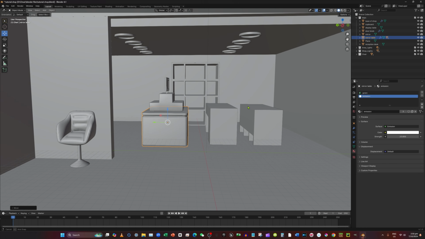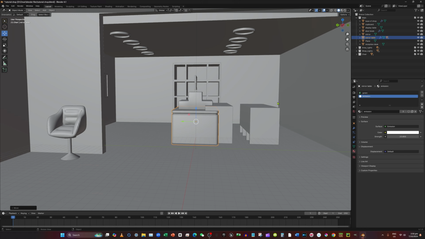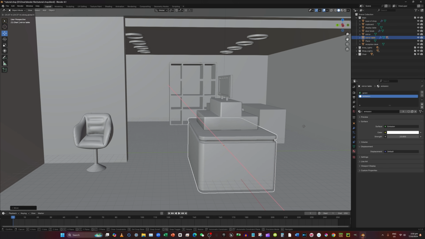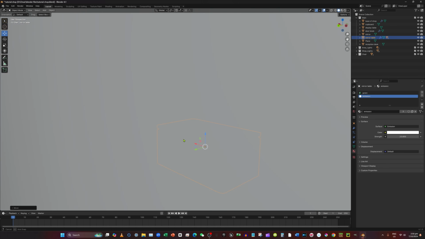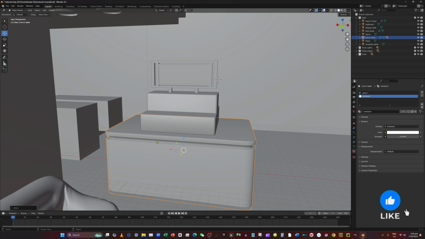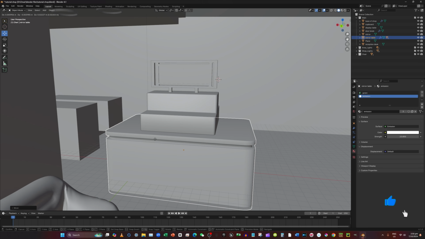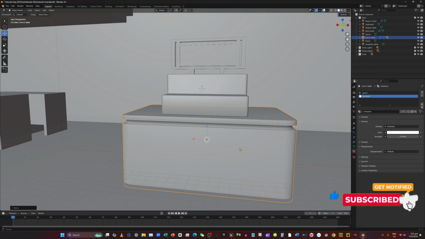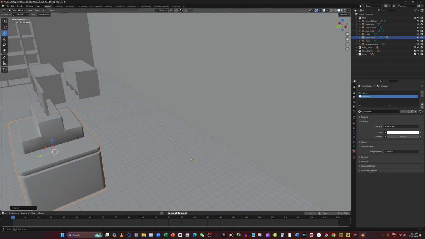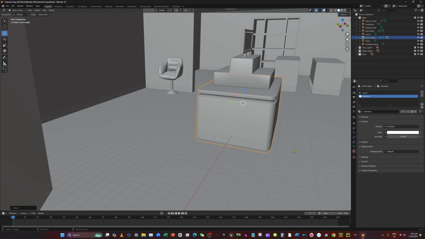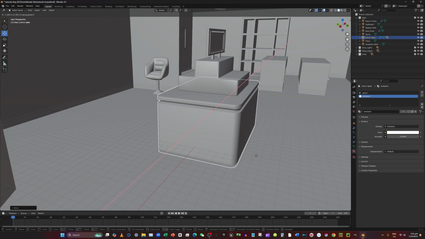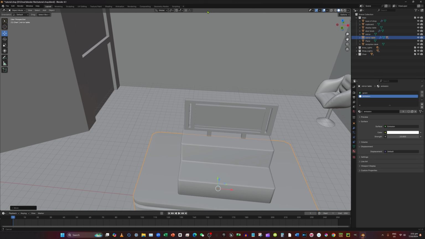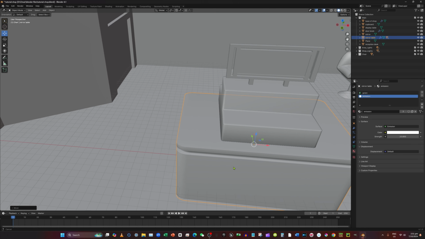So G Y, move it to the center, and then G X to move it on this line of the axis, and then G X, move it closer like that much. Should be good. Okay, and we can check the size of it, the reference of the size, by looking at